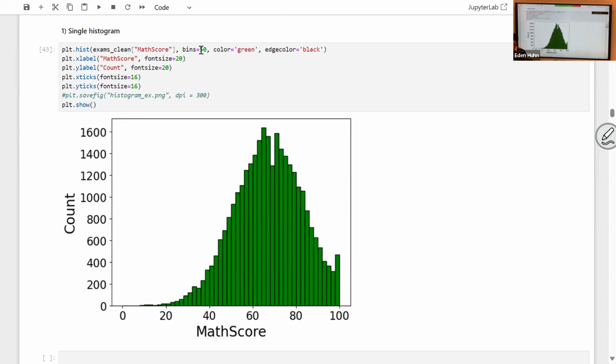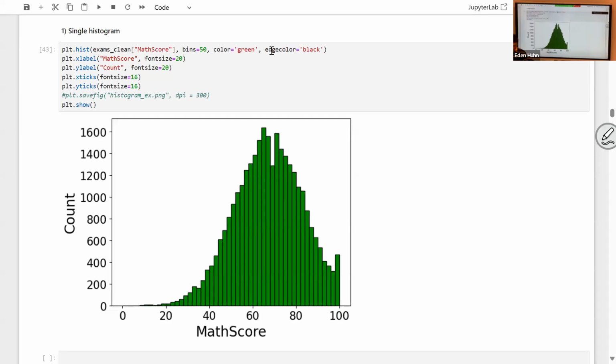For example, if you set the bins to a large number, maybe 100 or 80, you can see a smooth distribution to represent all intervals, and the bars are colored green with black edges to see the distribution